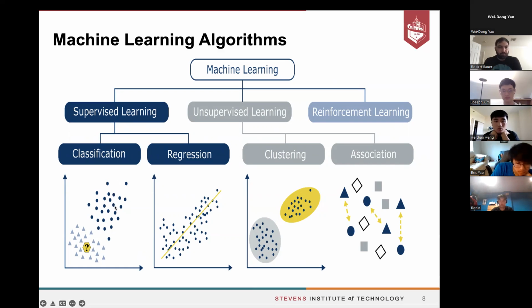The classification here classifies the data into class labels, say 0 or 1. When it comes to regression, it is a continuous value, and this line is the best fit line for the model. In unsupervised learning, we have clustering. These clusters are formed based on the similarity amongst the items, and the association. Associations use the a priori algorithm, which is used for market basket analysis in retail.